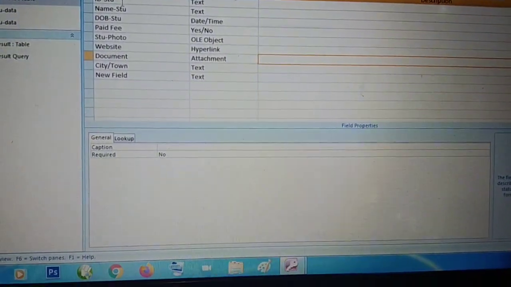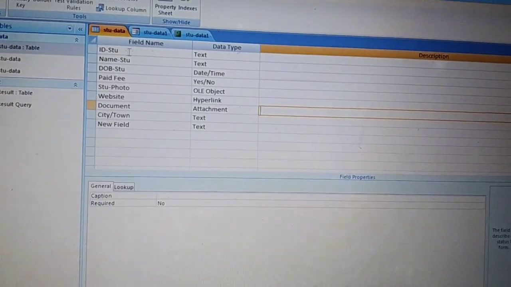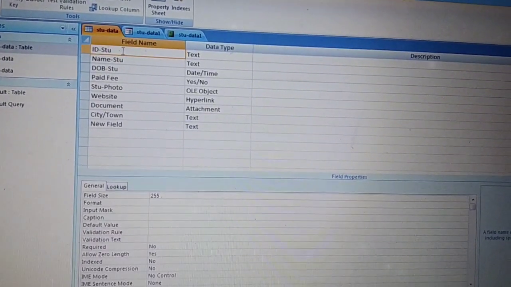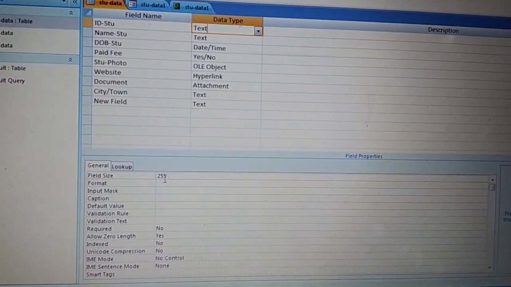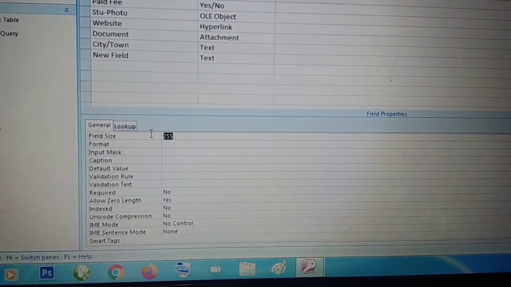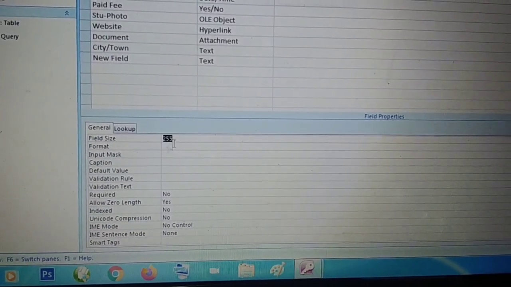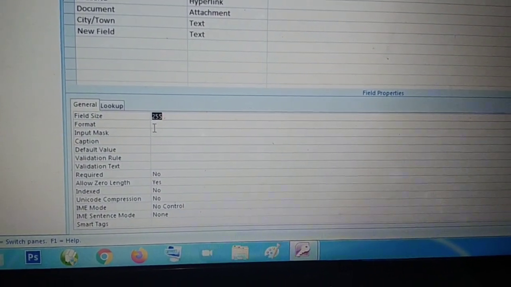Now see, one more thing is there. The properties will be visible over here. If I select the first one, where I have taken text as the data type, the field size of the text data type, the maximum characters you can enter, is 255. You cannot exceed 255.